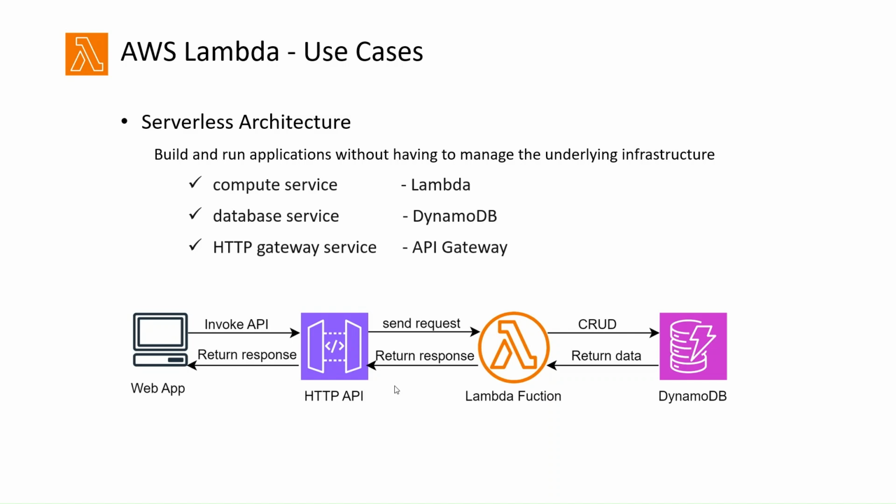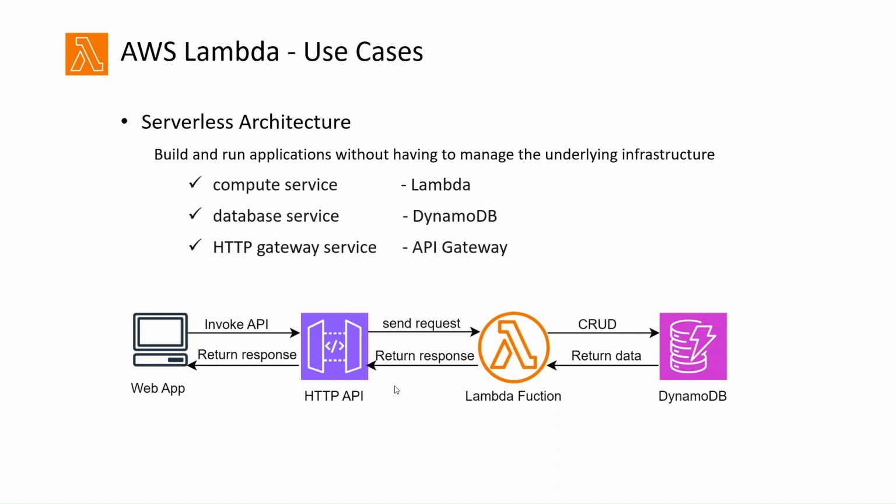One of the most important use cases of Lambda is that we can build serverless application. AWS Lambda can act as a compute service, that is to process the request, DynamoDB as database, and API gateway as HTTP gateway service. As you can see in the below image, the web app calls or invokes the HTTP